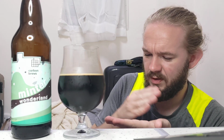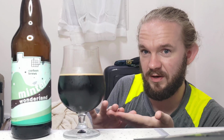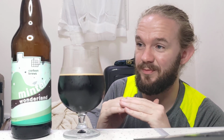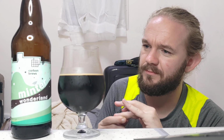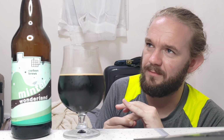But as you move further forward on that middle third of your palate, you do get a little bit of the vanilla coming out of this one, and then you can feel the spirit layer there. Definitely bourbon, and it's quite a sweet bourbon at that, actually. So yeah, for me,